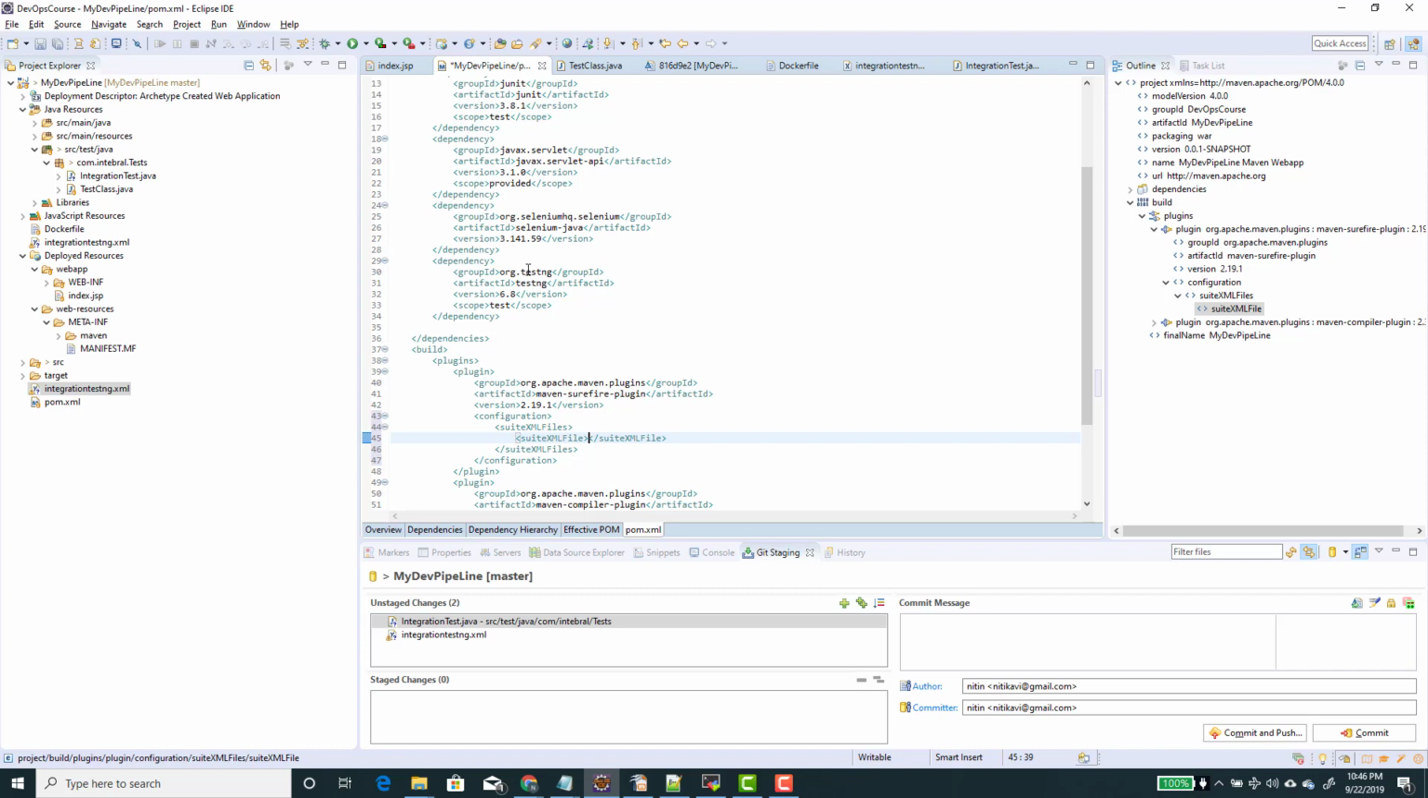So there is a way to solve this problem, and that way is to parameterize this particular field. To parameterize that, you have to do dollar and then curly braces and then type surefire dot suite XML files. Yeah, that's it. So now, what it does is, this is a placeholder, and at runtime, we will provide the name of our